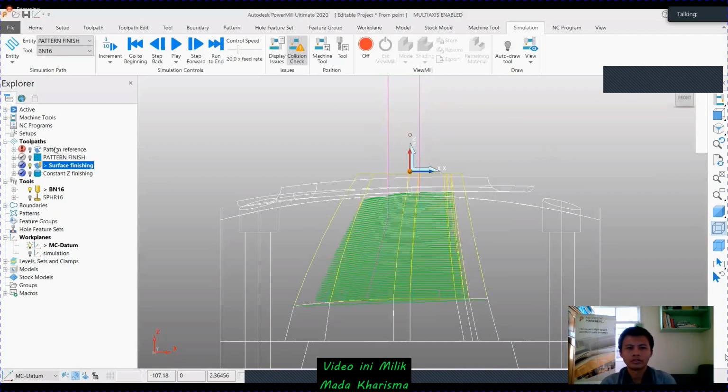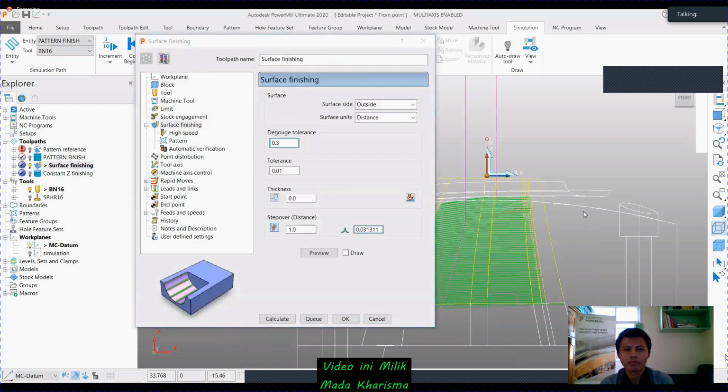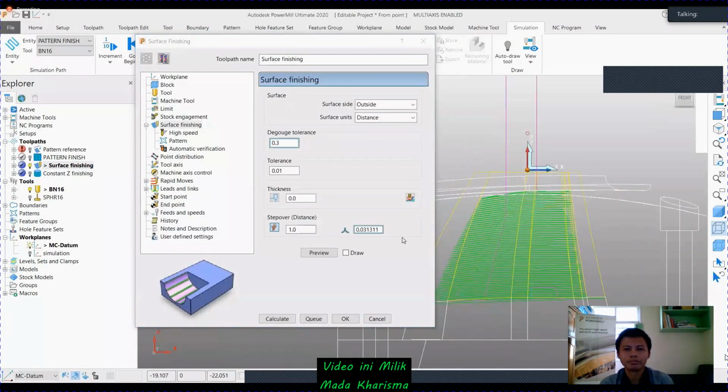I'm simply selecting the surface and generating the toolpath here. I'm not using any toolpath reference, nothing else. Just select the surface, preview it, and your tool axis is the same as previous, from point option, 15 mm from the XY plane.